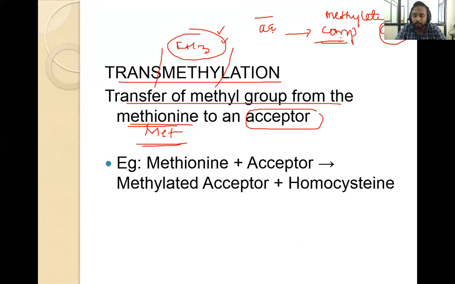Either it can rotate to the left, meaning it will hit the surface here instead of at this place, or it can rotate the ray of light down, like right or left. So instead of going straight, instead of hitting the center, it is hitting a different surface. So it will rotate the ray of light. That is the optical activity. It can rotate either to the left or to the right.